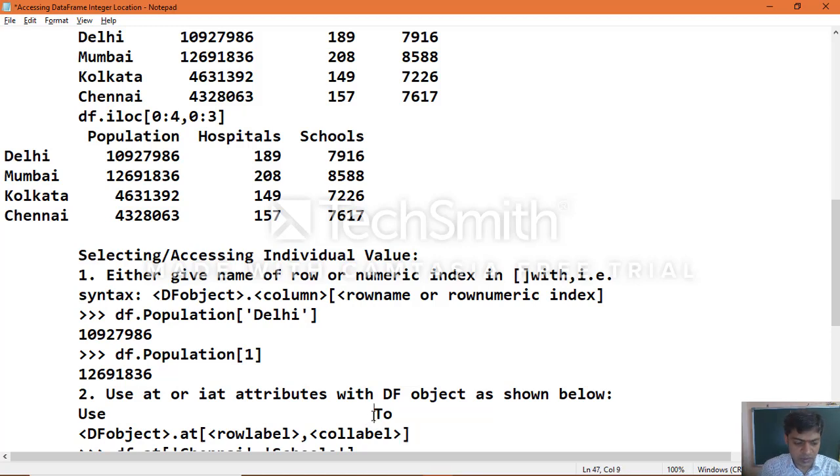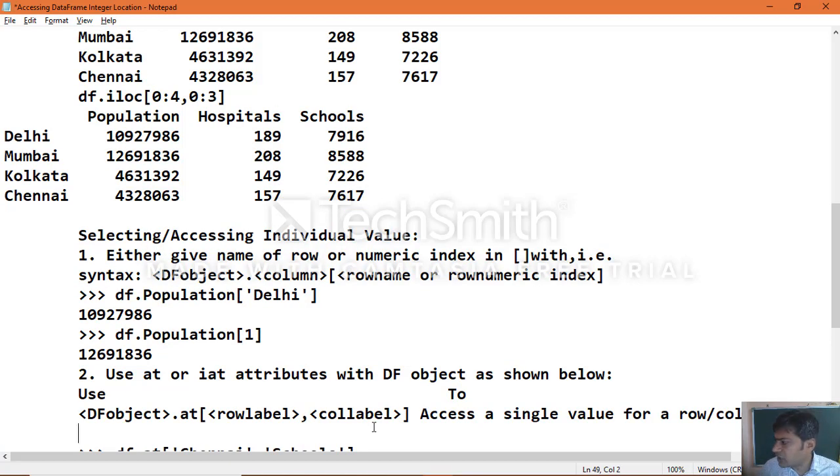So which means access a single value for a row or column pair.